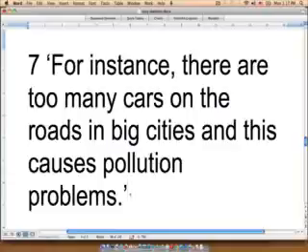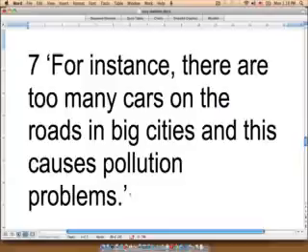Okay, so now we can see a little bit more where the student is going with this example. We can see that it's starting to become a little bit more focused. We're not just talking about cars everywhere, we're talking about the cars on roads in big cities. Now the problem is that this example is still not very